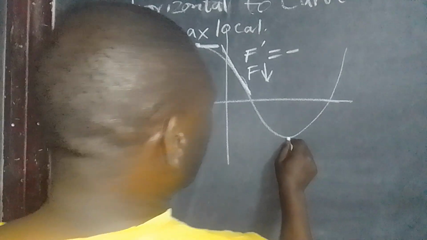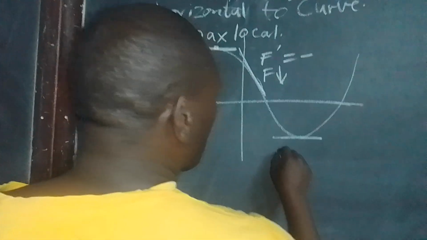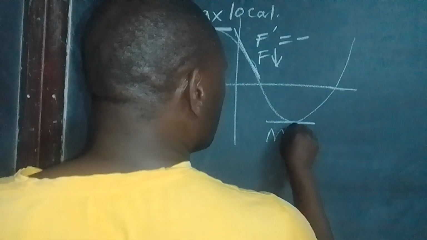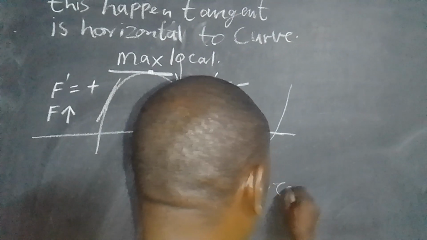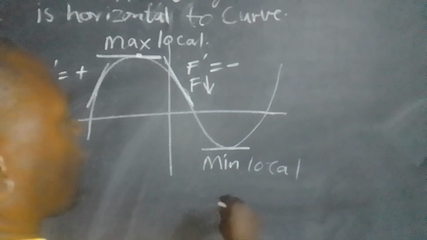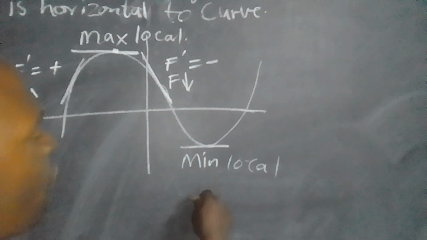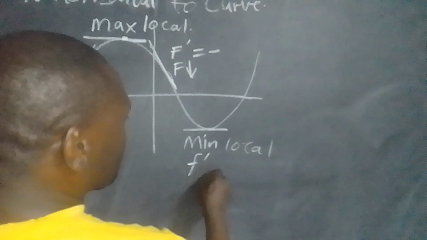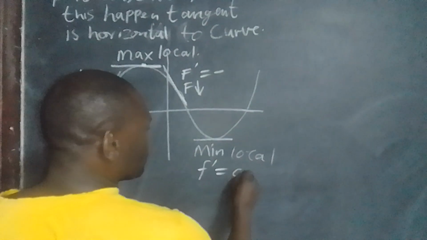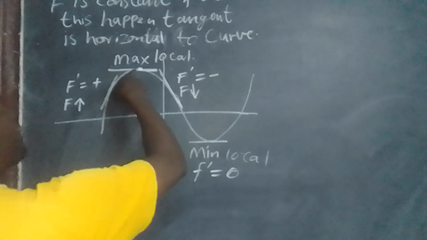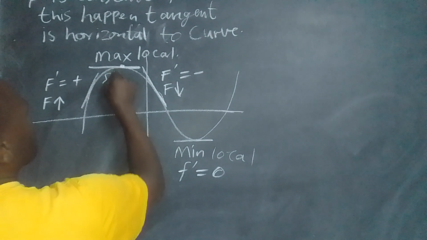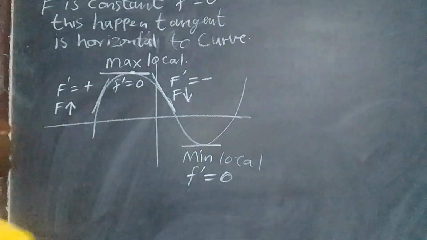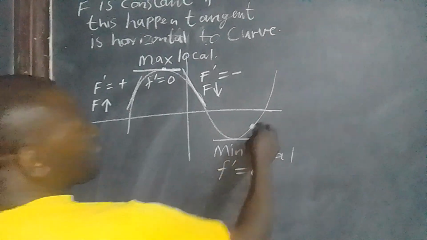When we get to this point, we have our local minimum point, and at our local minimum point, the first derivative is equal to 0. Now if you check here,